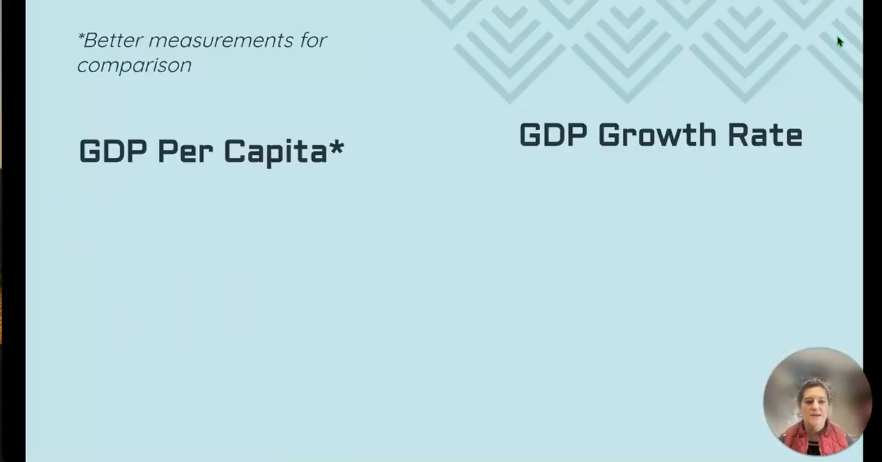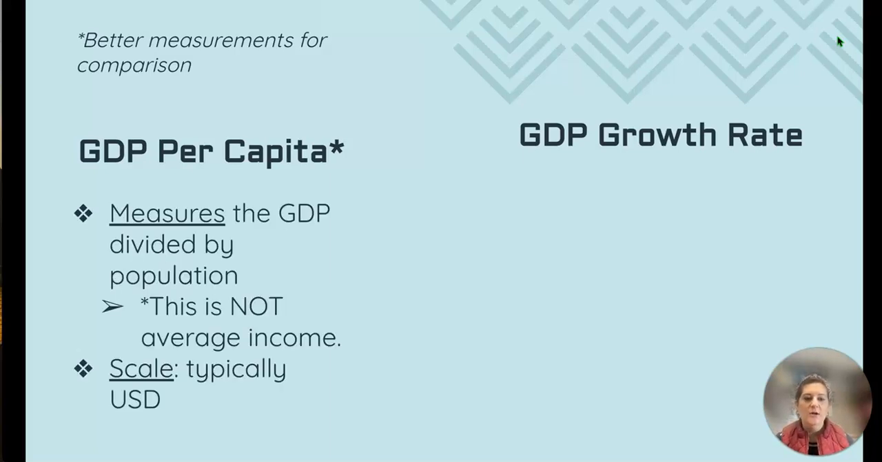The next two measurements are derived from GDP, and they're a little bit better for comparison. GDP per capita is taking the total GDP and dividing it by the total population of that country. That is not average income. Average income is different. But GDP per capita is good for comparing between different countries because it accounts for differences